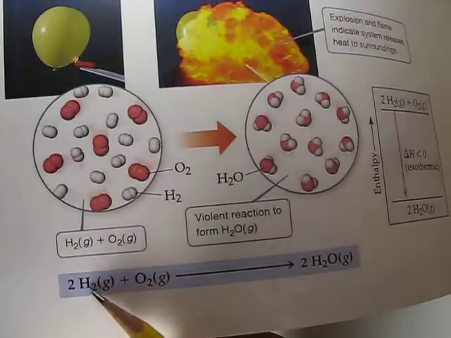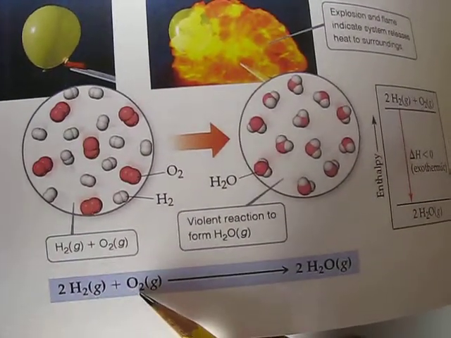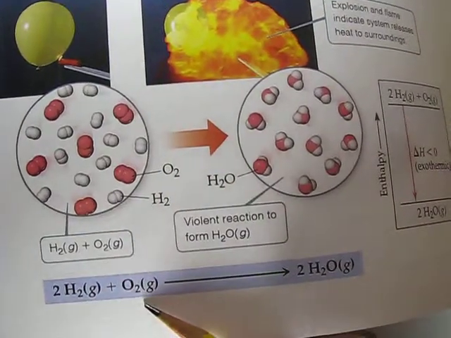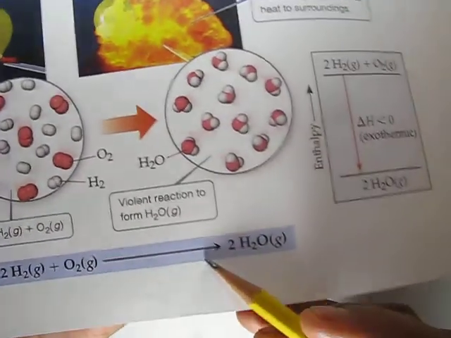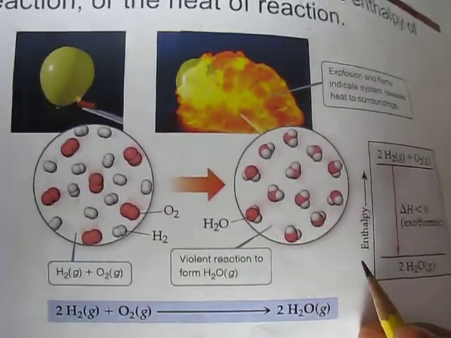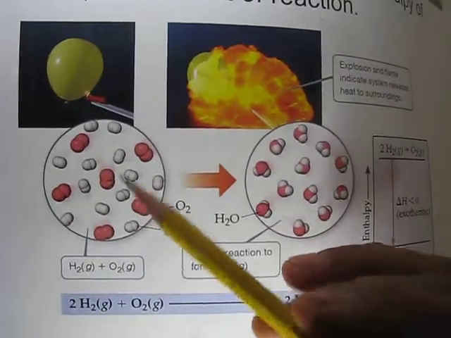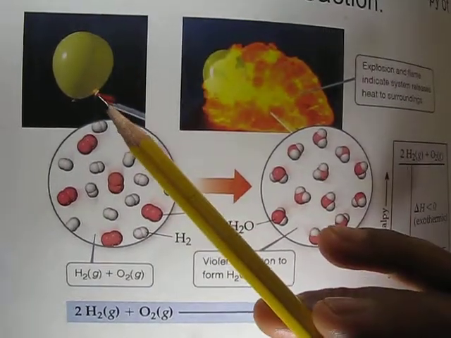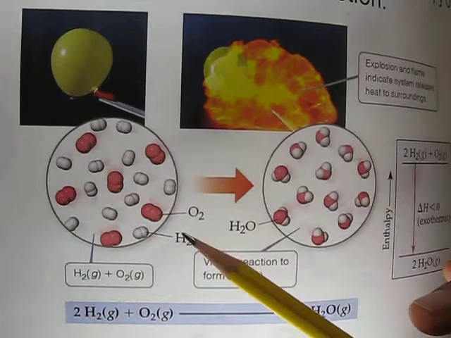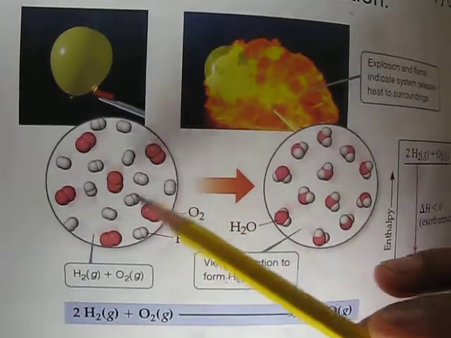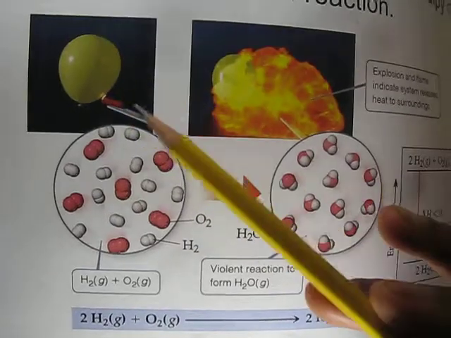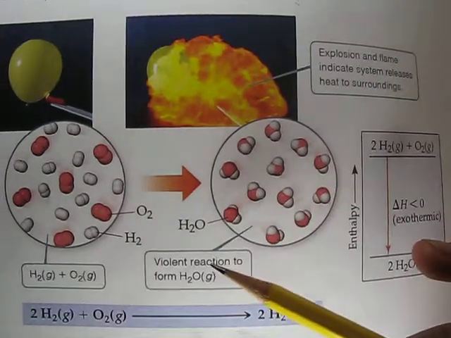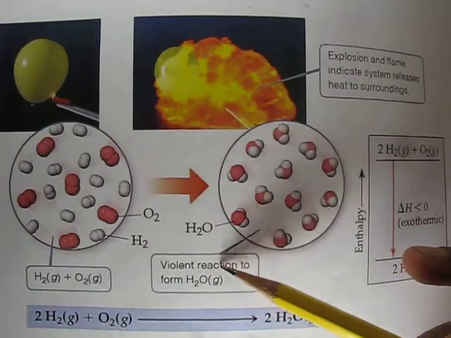For an example, here 2 moles of hydrogen gas react with 1 mole of oxygen gas, and they form 2 moles of water. This is shown in this figure: the balloon is filled with hydrogen gas, and when we ignite it with the candle, hydrogen gas uses atmospheric oxygen gas to react violently, and it produces water gas, basically water vapor,